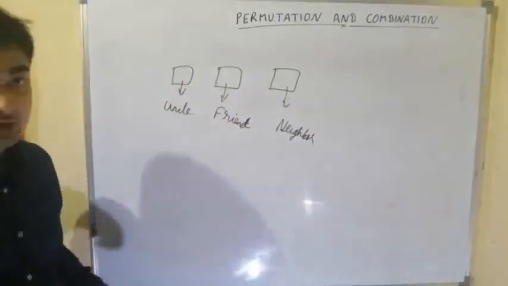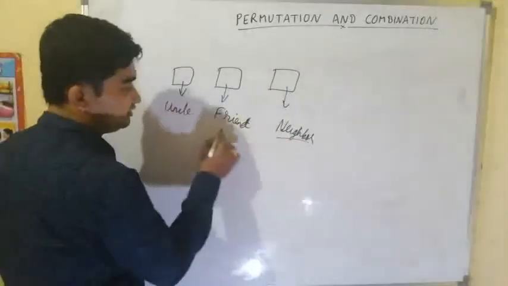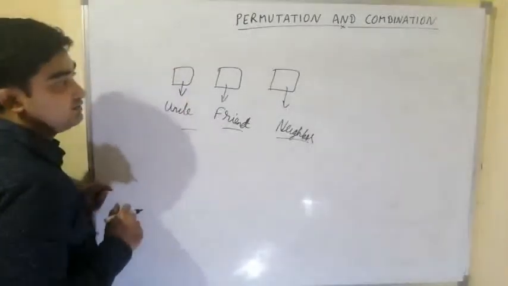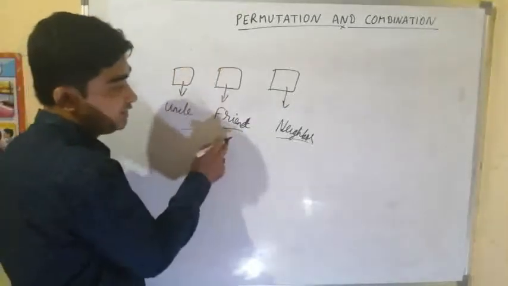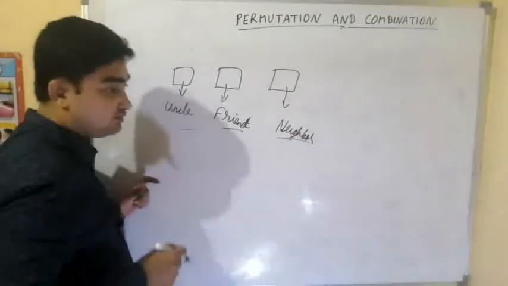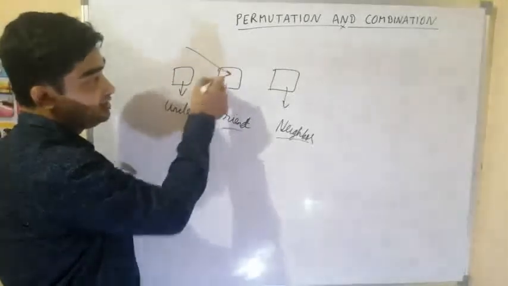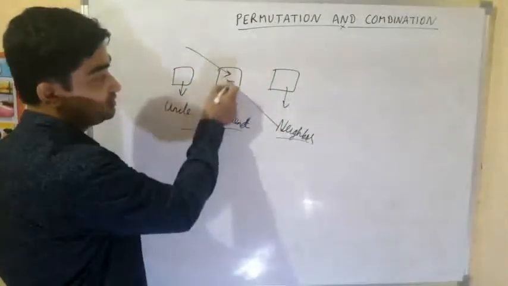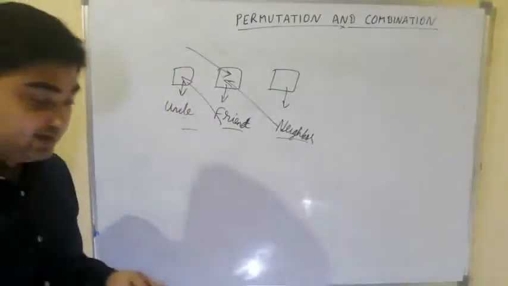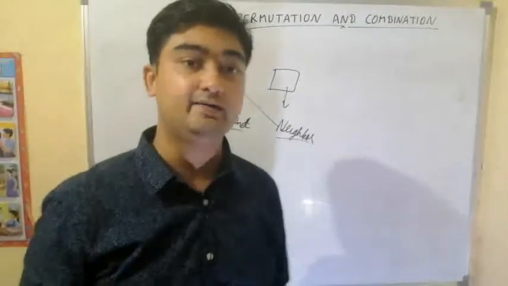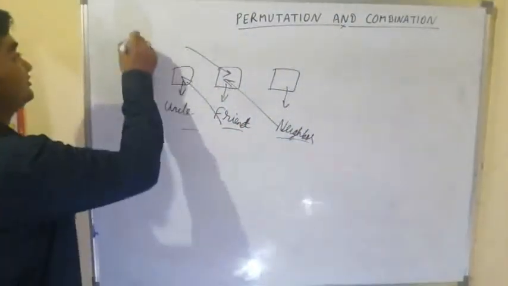So these 3 envelopes you have, and you have 3 different cards. You have to post these cards to them, to give some surprise. Then what will happen? You bought one particular card for uncle, one for friend, one for neighbor. But while putting these cards in these envelopes, the card which was for uncle goes to some other place. The card which was for neighbor goes to some other place. The card which was for friend goes to some other place. Like that there is mismatch. That is, none of the cards went to the right place. So this condition is known as derangement.